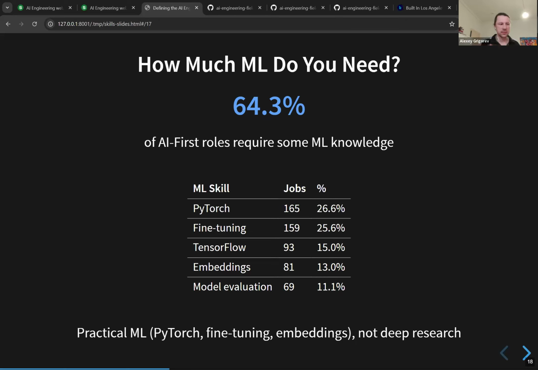And that's why for these teams, when they hire, they want people not just to know how to communicate with OpenAI, right? But they also want them to know how to do machine learning, more traditional machine learning. So this is my explanation. I don't know if this is true or not, but this is my hunch. We still have a lot of machine learning use cases, and when companies hire AI engineers, they want them to also be able to continue working on machine learning.